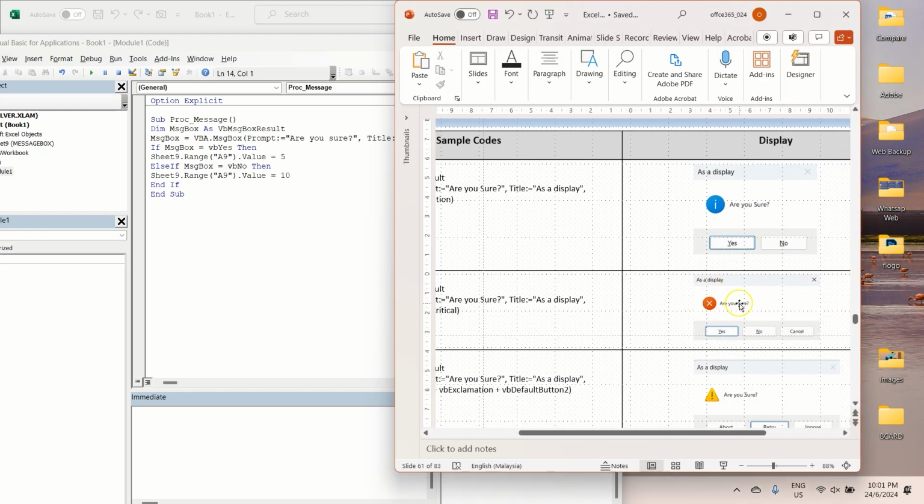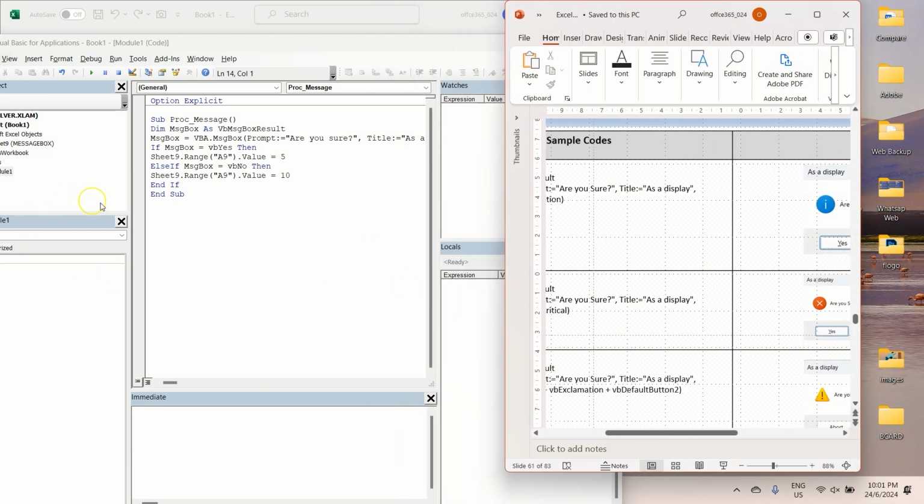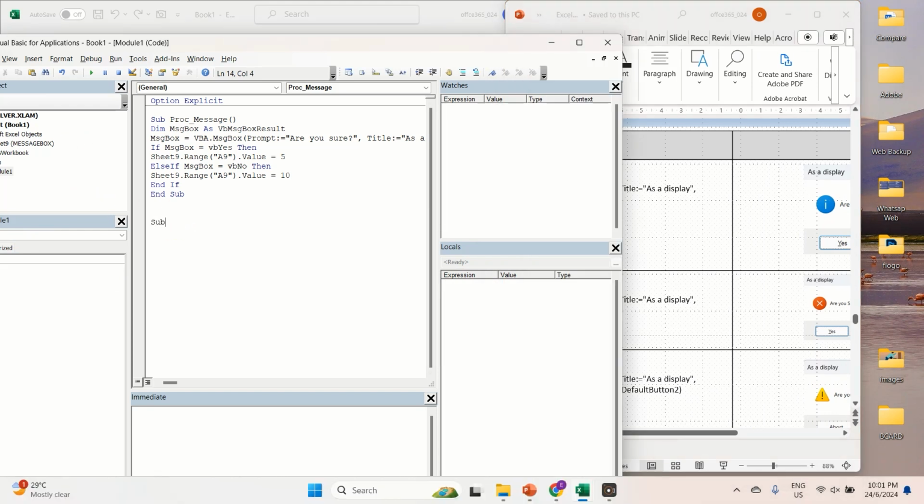The prompt is, are you sure? And this is the critical icon, whatever it is. So the critical icon, and then we have the combo button constant of yes, no, and cancel. All right, we have yes, no, and cancel. So I'm just going to name the sub